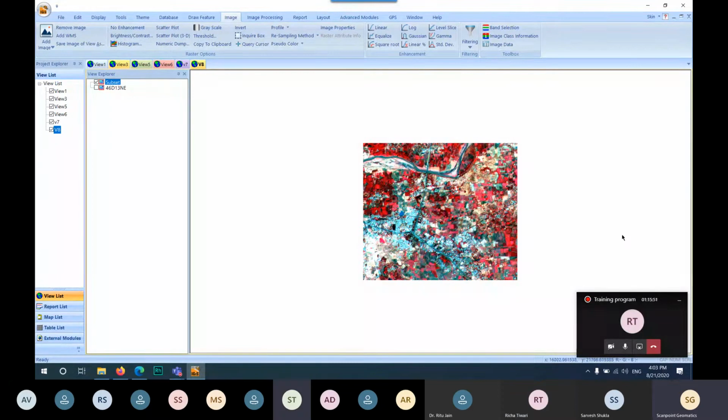So what is the work of pseudo-color? Pseudo-color is useful for a classified image. When we classify our image into different classes like vegetation cover, water class and other classes, then we use this pseudo-color to edit the PCT. Meaning we can apply a different color scheme in our classified image. I will tell you about this pseudo-color application when I apply a classification on the image.